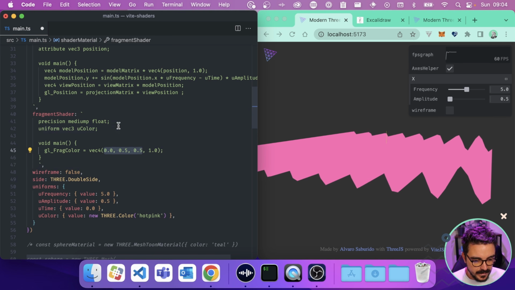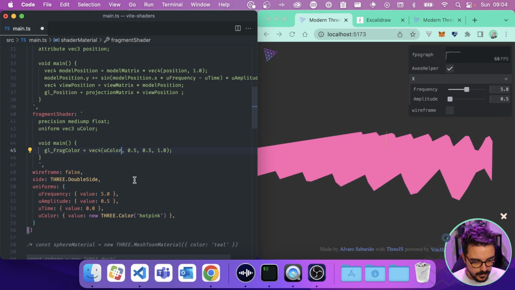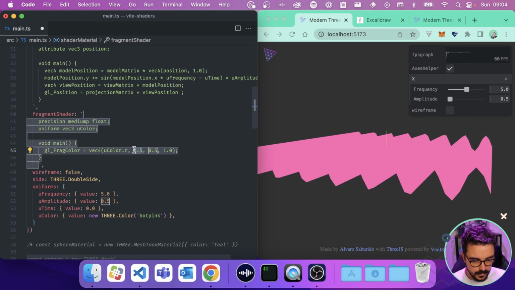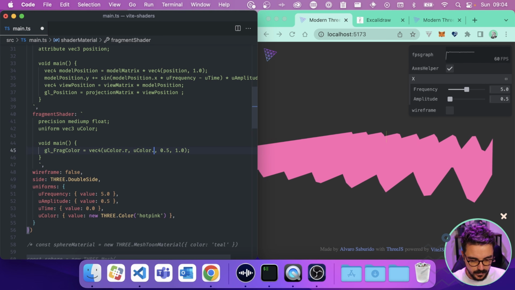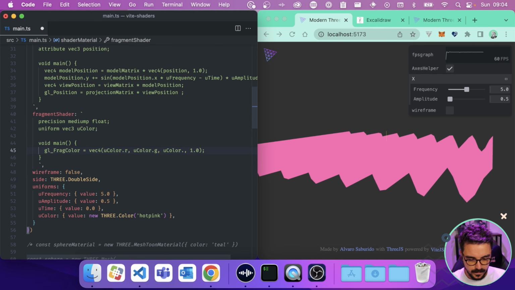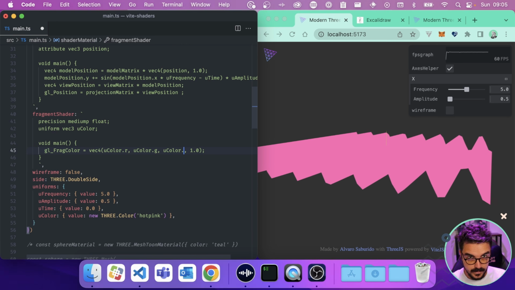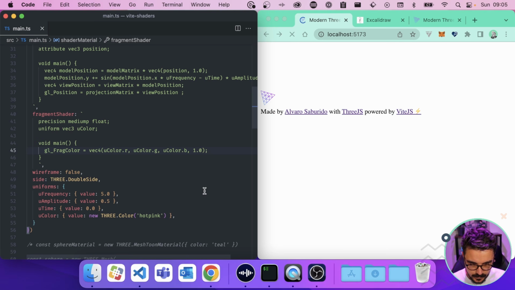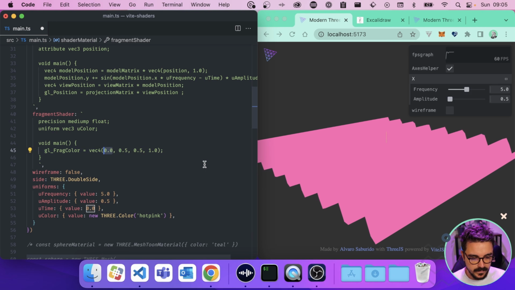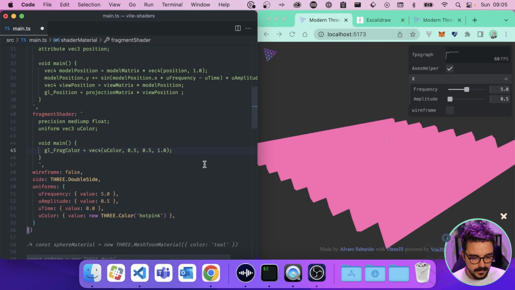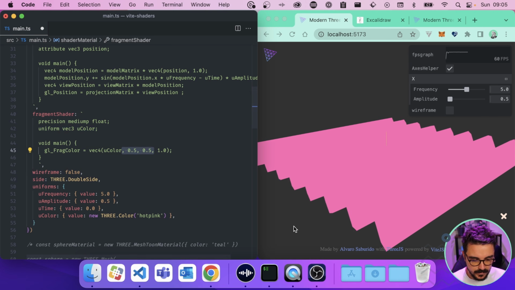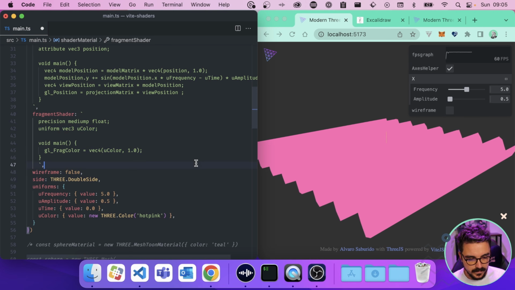Why? Okay, we can do exactly the same by using uColor.r, I think, uColor.g, and uColor.b. If we save it, it's gonna be the same, but I really like this feature of this language that you can actually put uColor and forget about the rest. So this is a vector 3. I had to remove these 3 bad boys here. Okay, let's keep it like this.